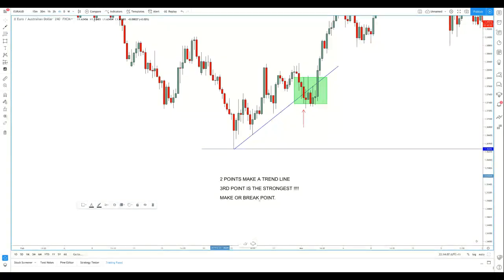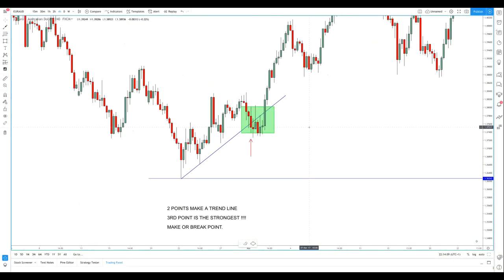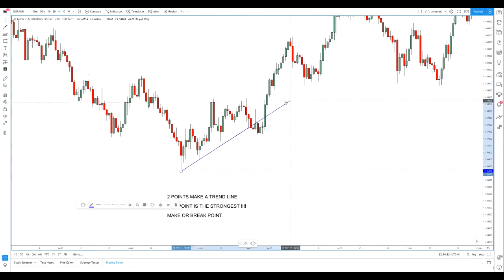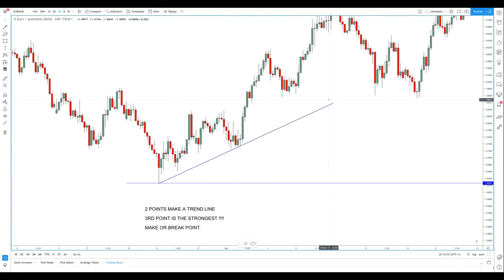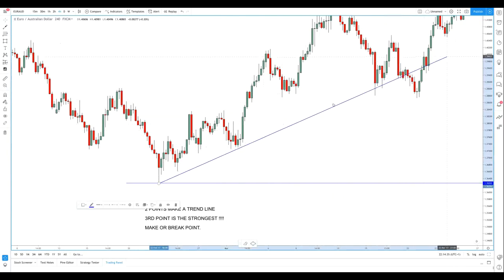So let me just go through the next stage. So you can see here, third touch here, had a little breakout, and we pushed back up. The next important thing to do is to keep adjusting your trend line all the time. So when we make a new low here, see this, the bottom of this pin, that becomes the new trend line. Or sorry, not here, this does here. So you have to keep adjusting the trend line all the time. So then we extend this,